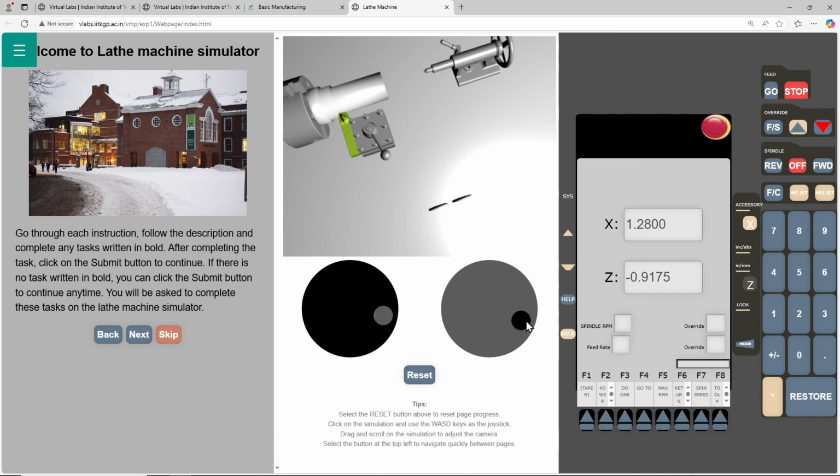Right, then bringing it back, taking it further. So it has come to 1.35 here, x position.